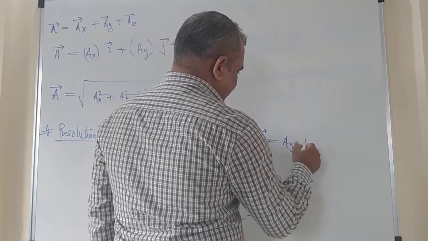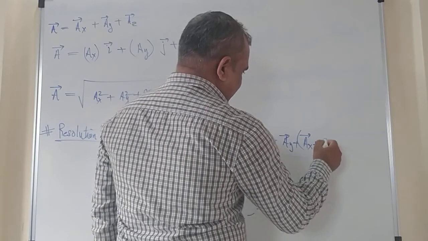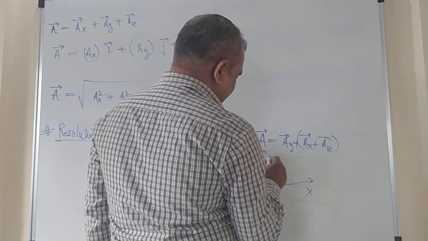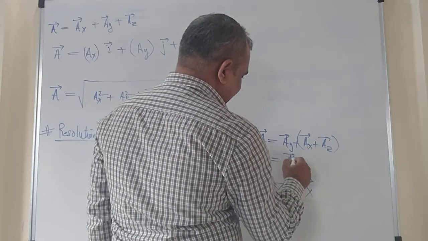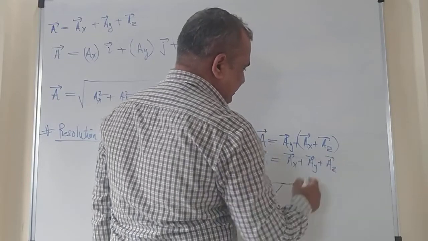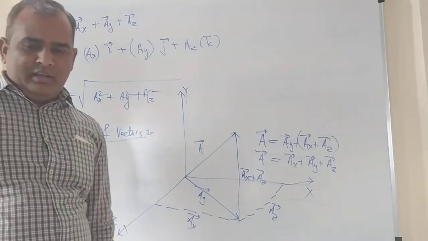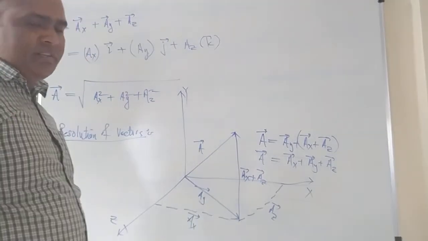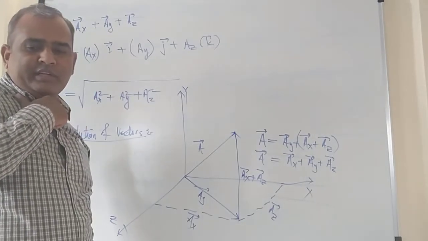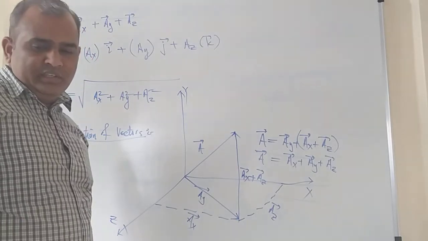This is equal to ay plus ax plus az, and then you can rewrite a bar is equal to ax bar plus ay bar plus az bar. So this is called the resolution of the vector, and addition and subtraction of the vectors can be done normally in vectors. Got it? You can do that easily. We have already studied this in our earlier standards, so this is easy for you.